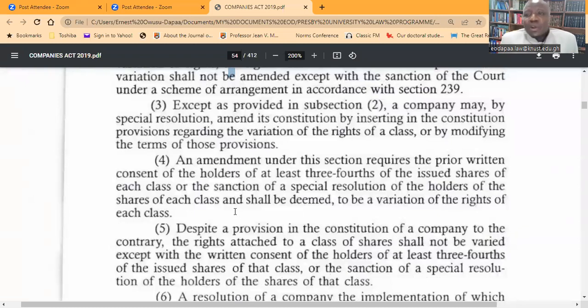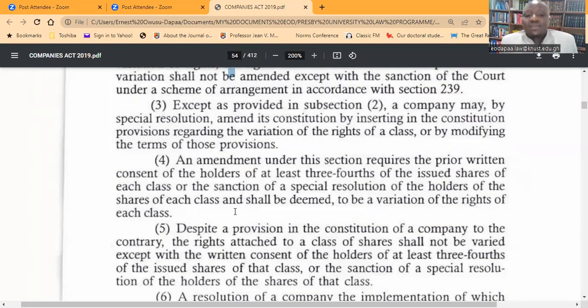But because class rights are enjoyed by shareholders within a particular class, it is mandatory for a higher degree of majority of the holders of shares in that class to be obtained before you can go ahead with variation of the class right. And that is what section 50, subsection 4 is speaking to,